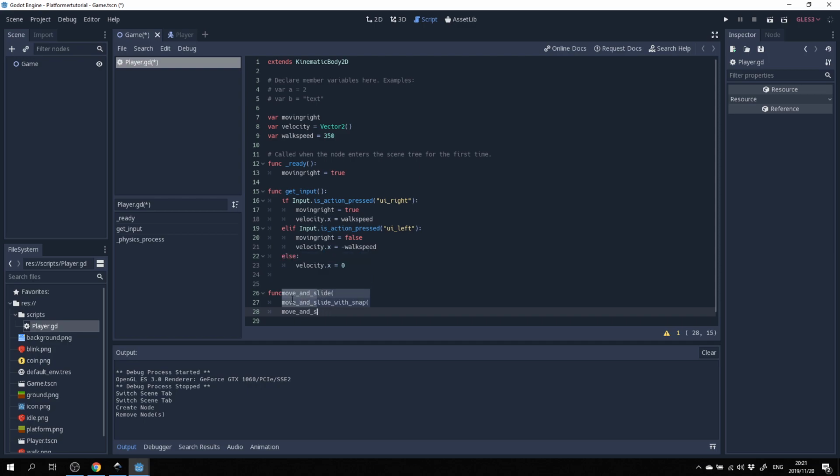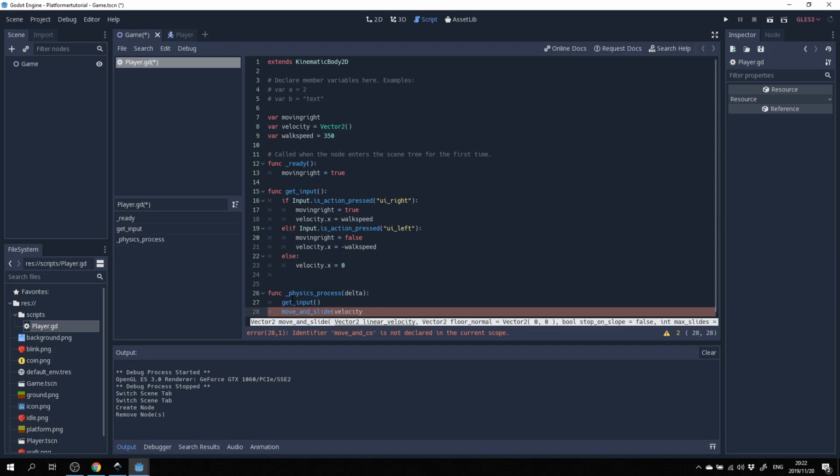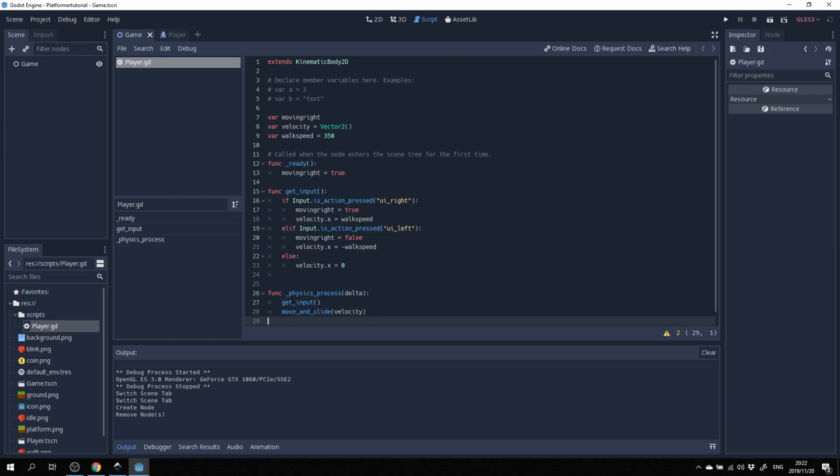You could use move and collide, but when it collides with the floor at some stage, that's going to cause some friction and your player might not move very smoothly. So for now, we're just going to use move and slide, and apply the velocity to that. That's a very simple little script. If we're moving right, it's going to set that flag for us, because we'll use that in our animations now.